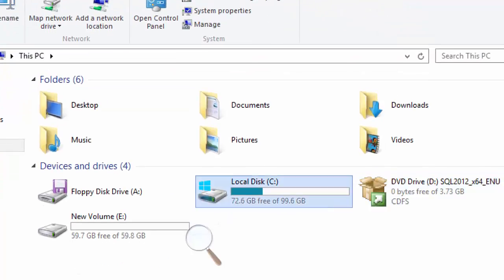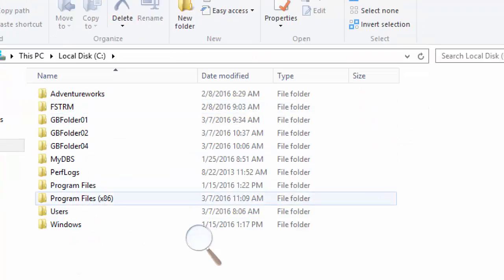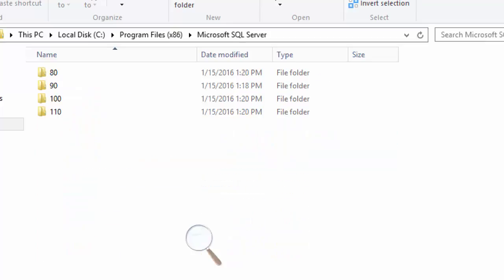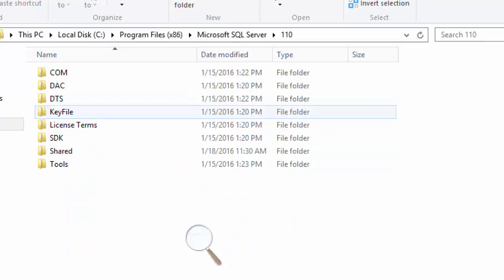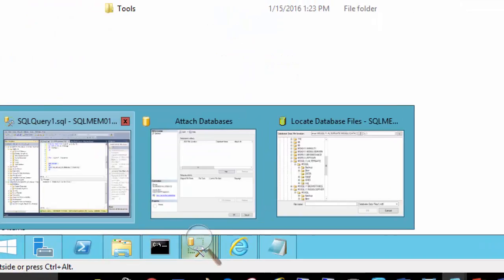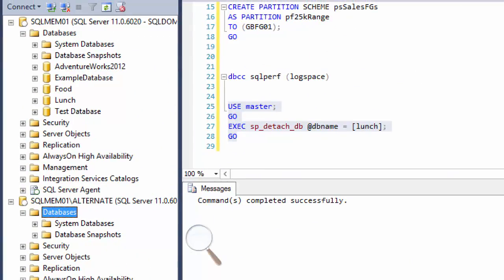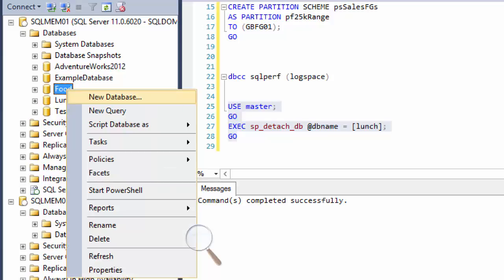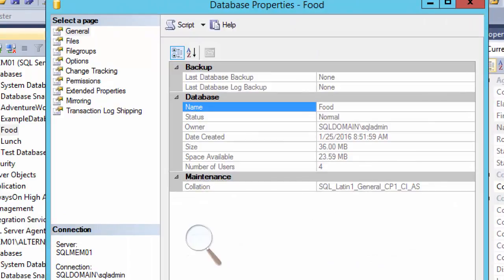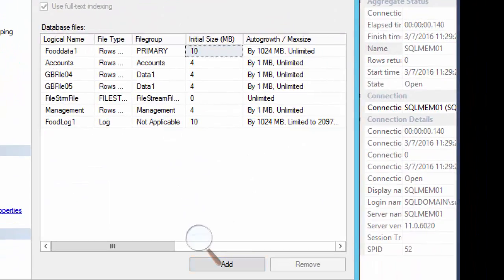This PC, C drive, and program files x86, SQL Server 11, and let's just check it from there for any other database. We should have done this, but the path is easy. Just go to files, and there is the path here.